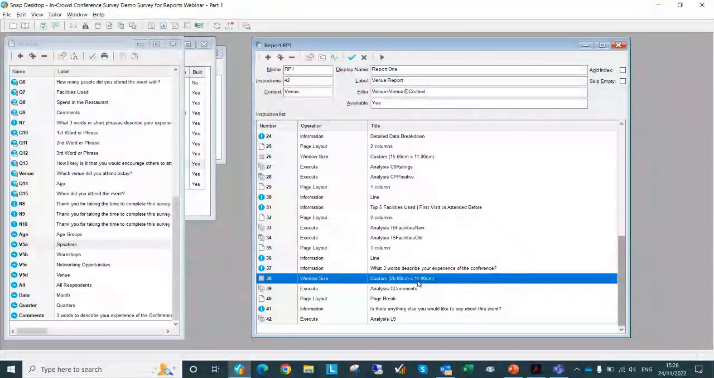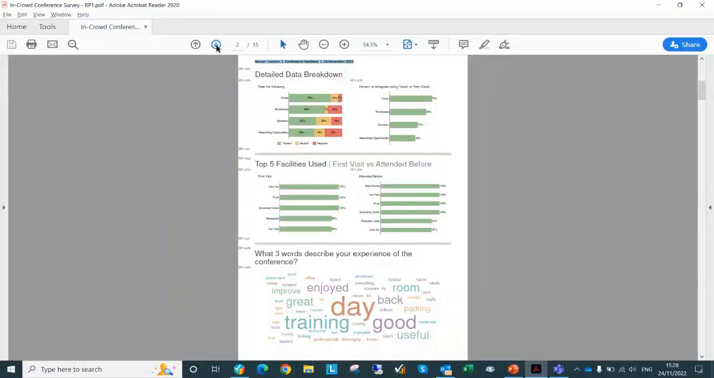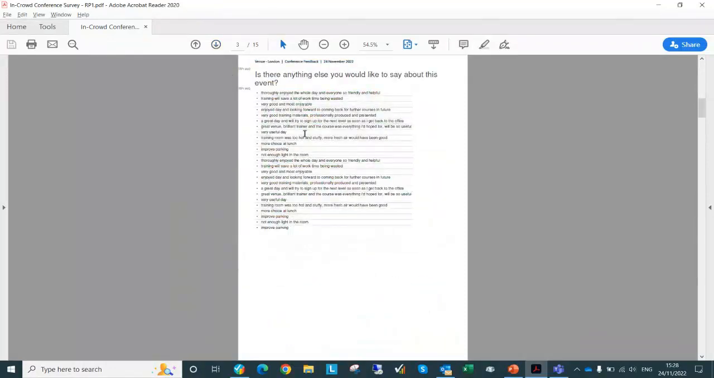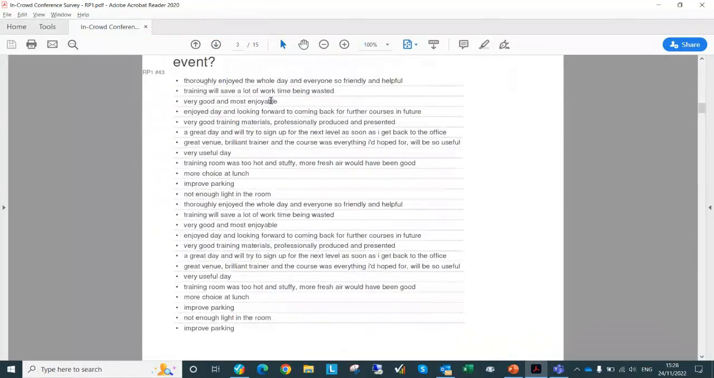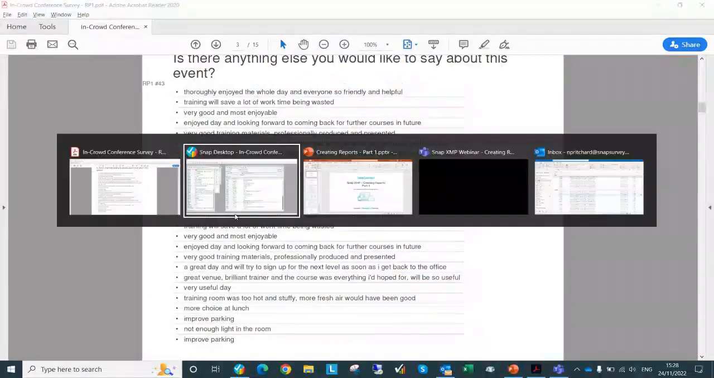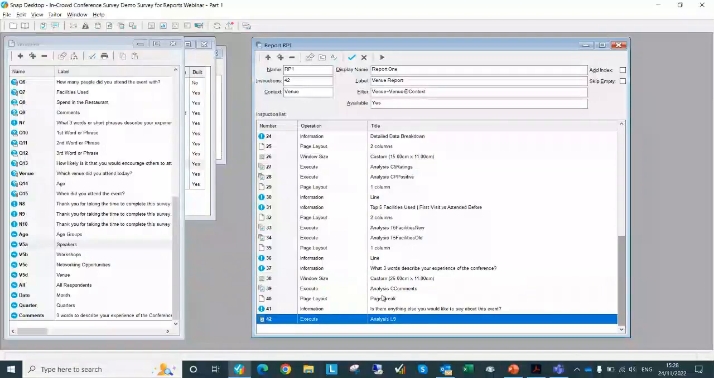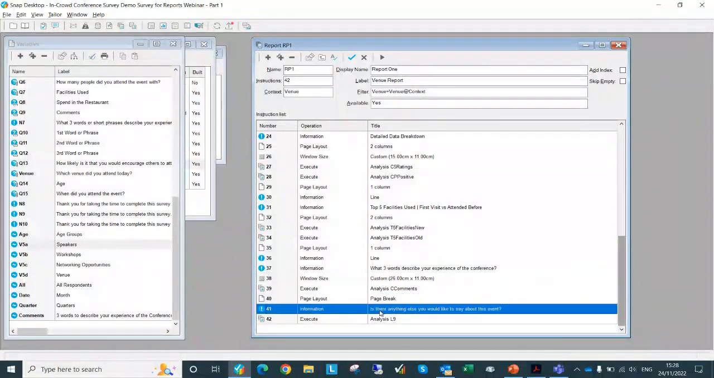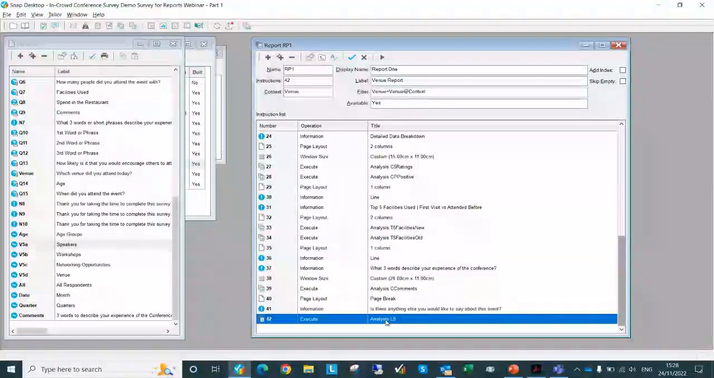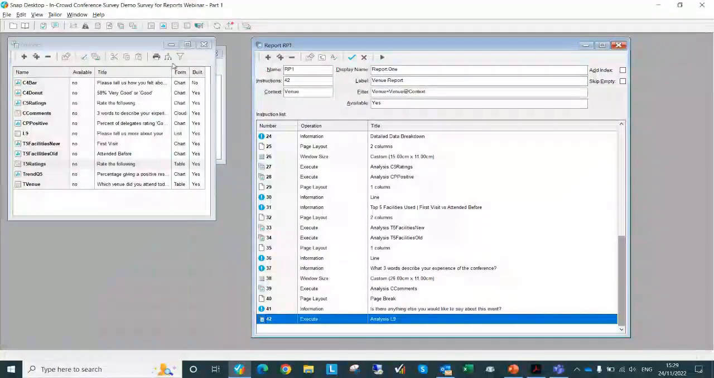Okay. Just to finish off, my final page has the general comments. And going back into my report, so we've got L9, so again page break first of all, then a section header, and then L9. And a handy little hint, if I go and look at L9,